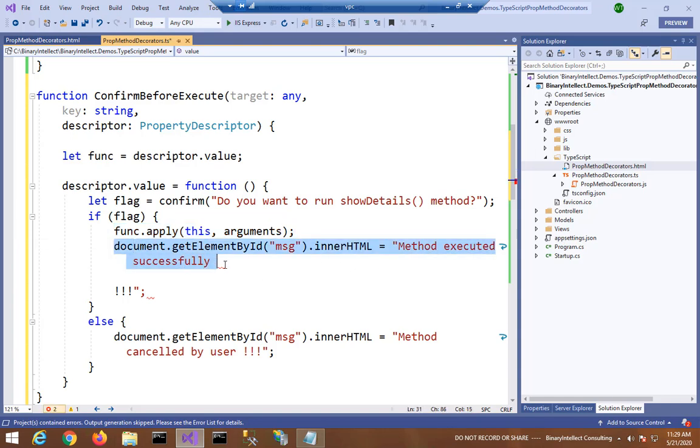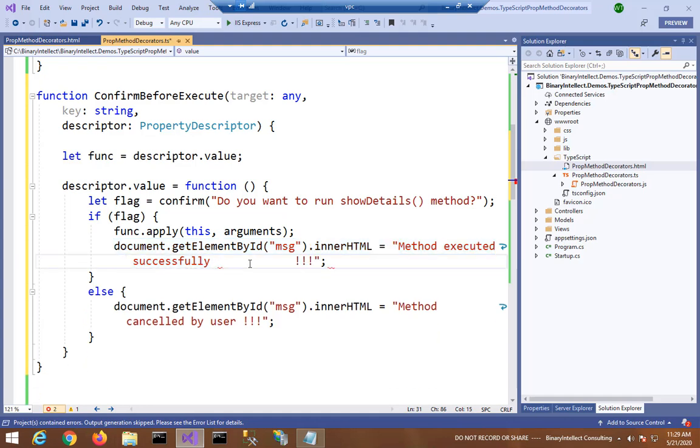And then we render a success message onto the page in the message element. Method executed successfully. If user says cancel, we don't want to execute show details, so we don't call apply method here. We simply display a message telling the user that the method has been cancelled.